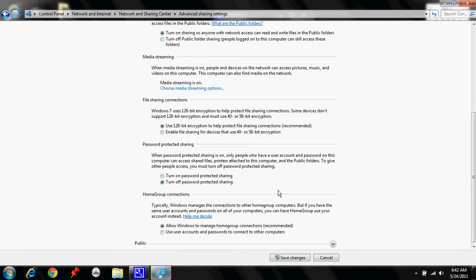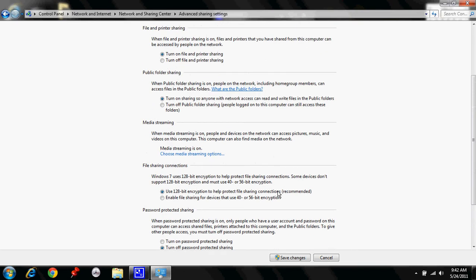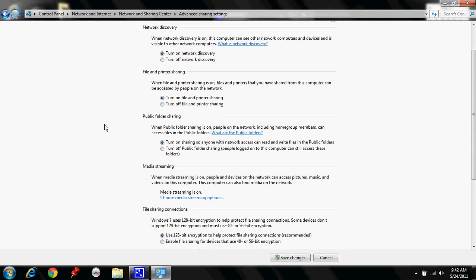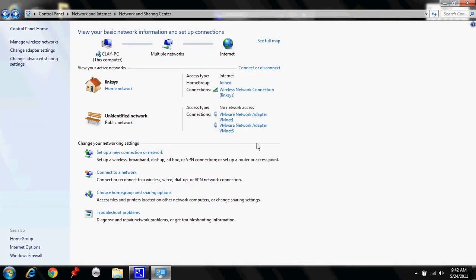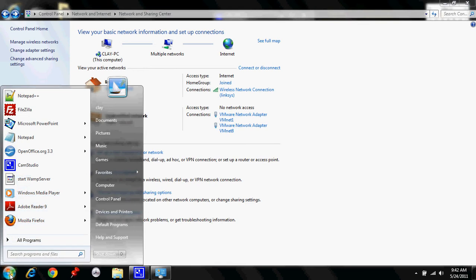We're going to scroll up to public folder sharing, and we're going to turn on sharing with anybody, public folder sharing. Turn on sharing so anyone in the network can read or write. We're going to click Save Changes, and then we're going to click the Start button. We're going to go to Computer,